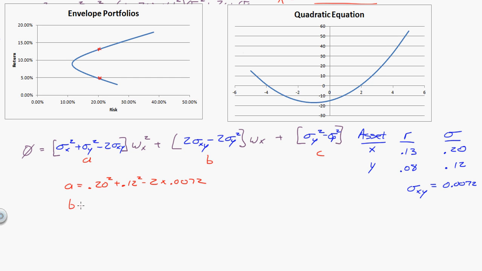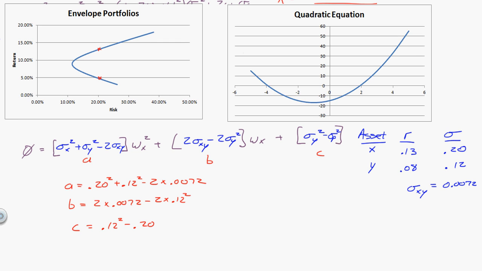B will be equal to 2 times 0.0072 minus 2 times 0.12 squared, and C will be equal to 0.12 squared minus 0.2